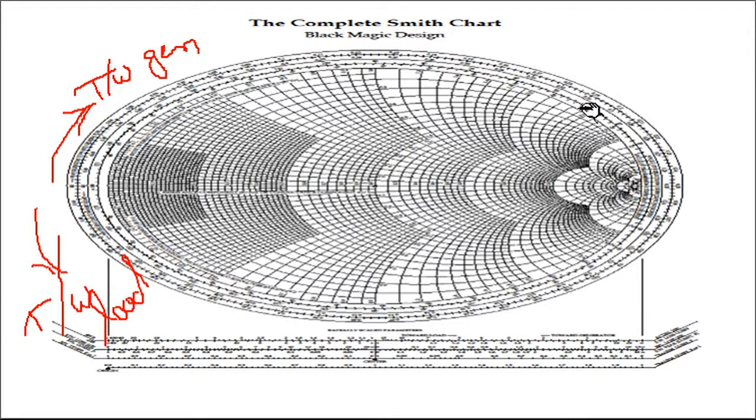We can calculate reflection coefficient, standing wave ratio, and input impedance at any point on the transmission line by using this Smith chart. This is very important to understand and very important to solve transmission line problems. So we'll continue in the next lecture with one numerical. We'll try to address that numerical, and once that is clear, we'll try to understand.